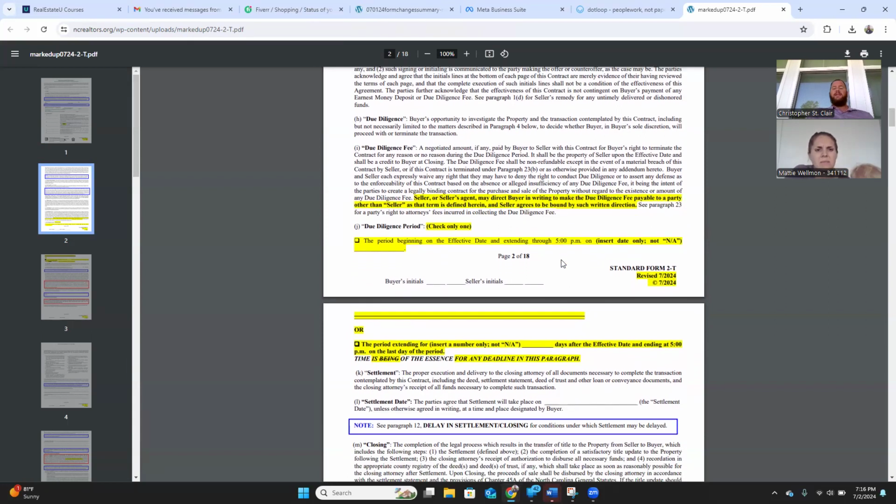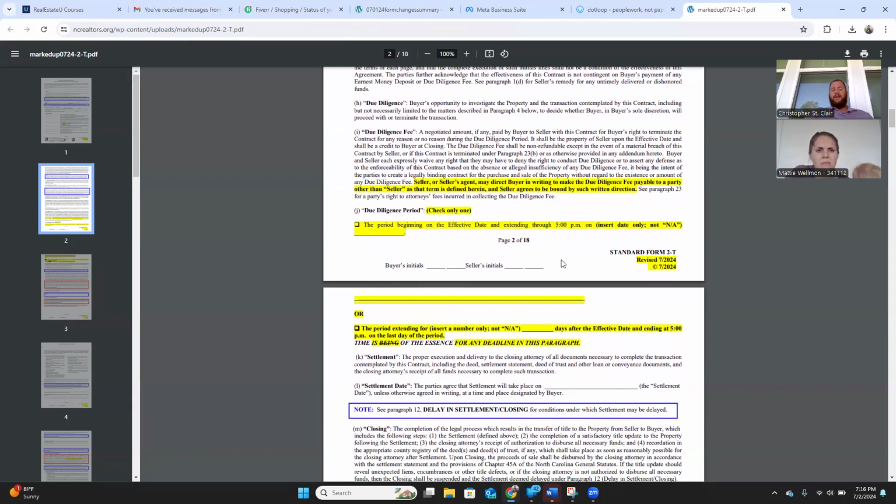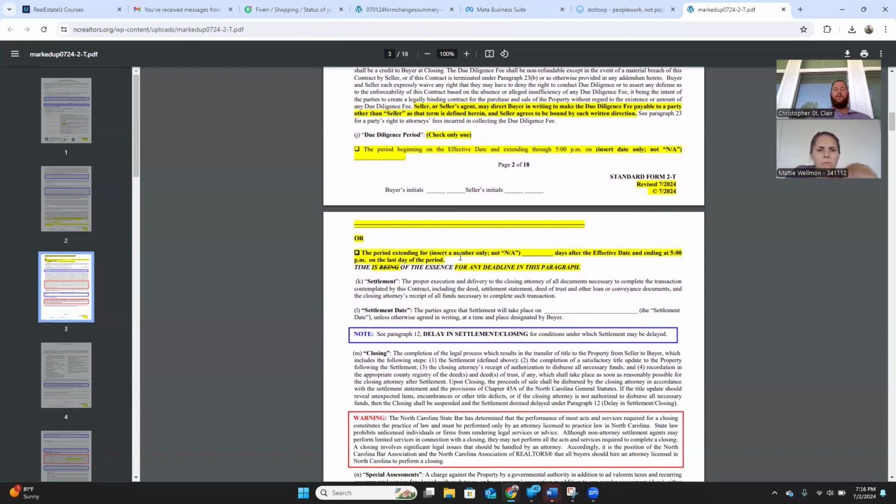So due diligence period, instead of just having the date drop down like it's had forever, we can now write in a date. We can write in 30 days, whatever you want to put in there. Period being on the effective date extending through 5 p.m. on, insert date only, not NA, or you can write down here. The period extending for, again, insert number only, not NA, blank days after the effective date. So you can put in a date, or you can come in here and say 14 days after the effective date. And what that saves you from is when we submit an offer and we do a 2-week due diligence